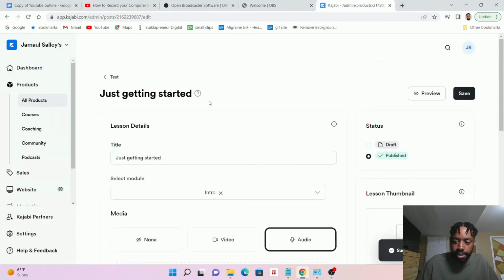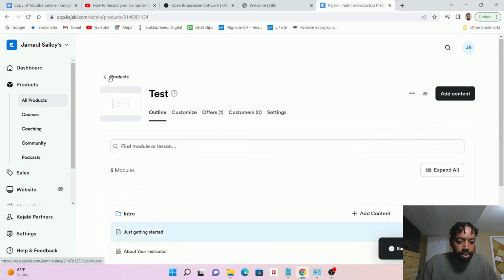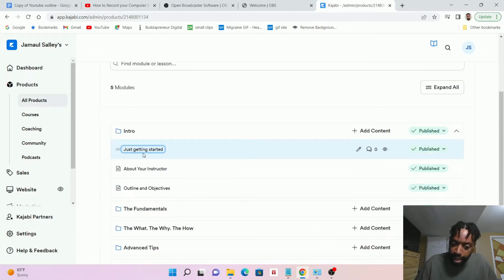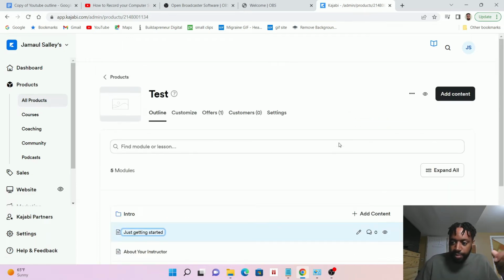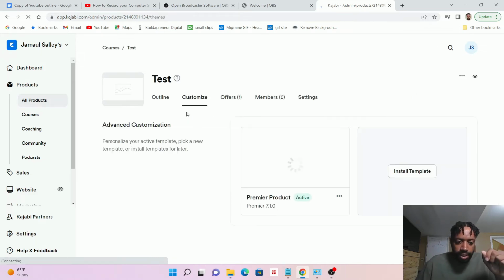Like I said, make sure you press save, and then you can go back on the top left corner. In the same way that you do that with that lesson, you could do that with every other lesson there. You just change up the module name and then change up the lesson name and edit it the same way. So after you do all that stuff, the next thing is customizing how the whole course looks from the outside before you even go into it, and even all the branding that you could do with the course itself. So you go to customize right here,